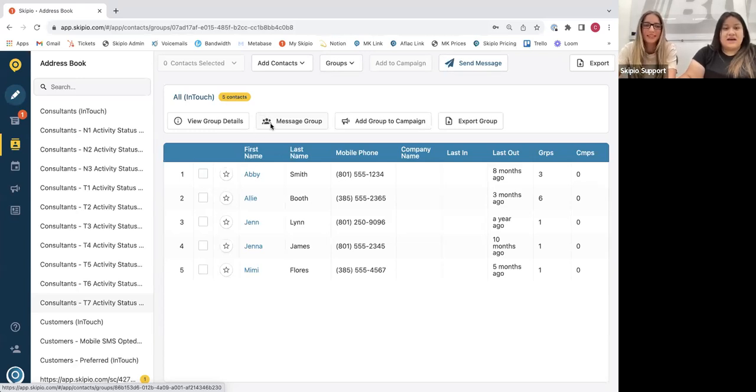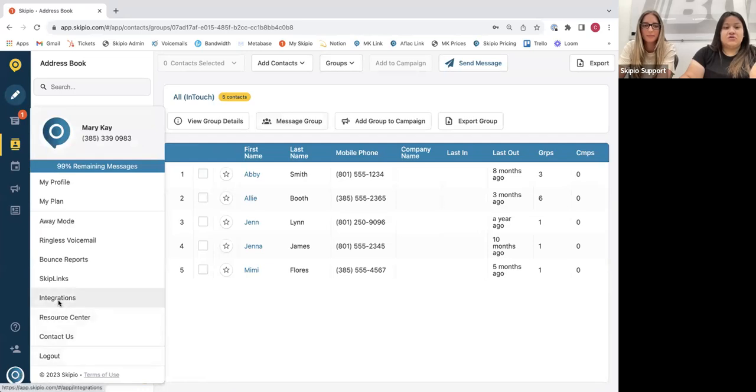So Jessica asked, when you update your InTouch, will it update in Skipio? Yes. So let's say you have a brand new contact that you added to InTouch, and you want them to automatically appear in Skipio. Skipio does sync your information from InTouch twice a day. But if you want them to appear as soon as you add them to InTouch, you can do a manual sync. So all you have to do is go to your profile settings, click integrations,